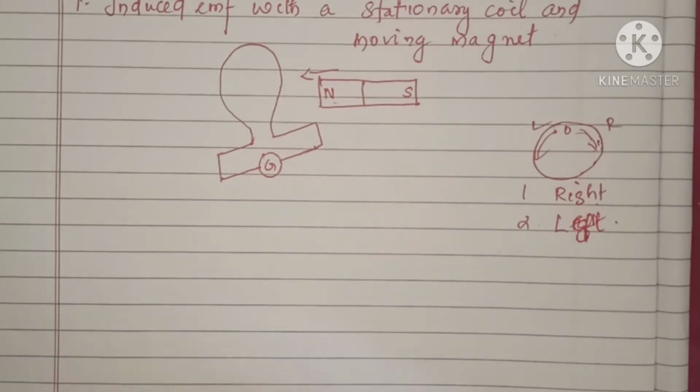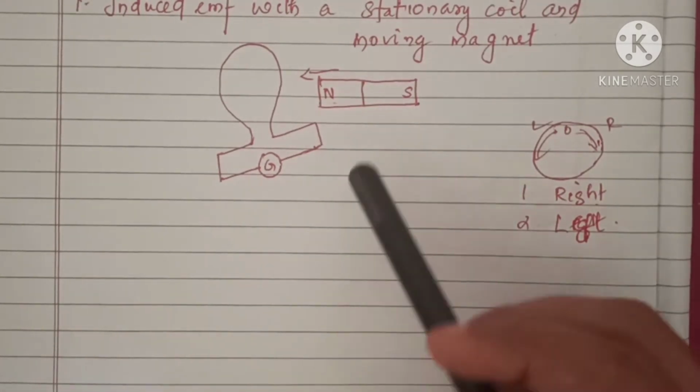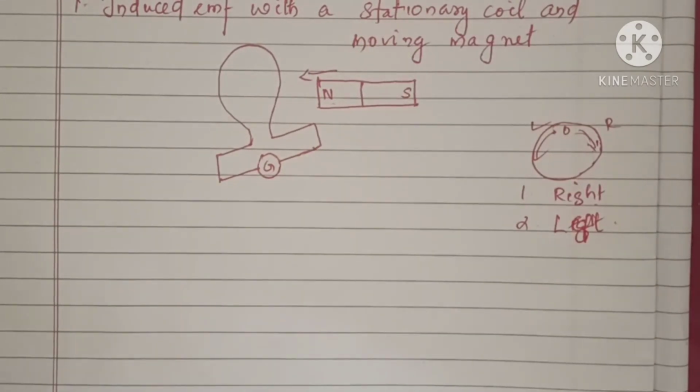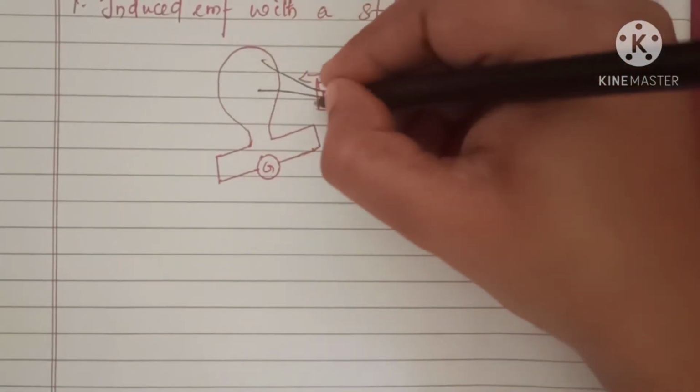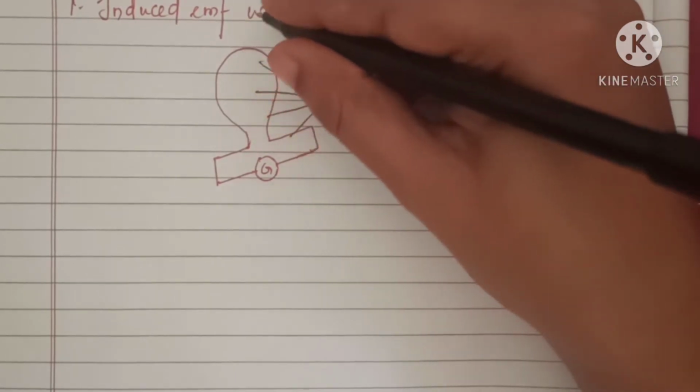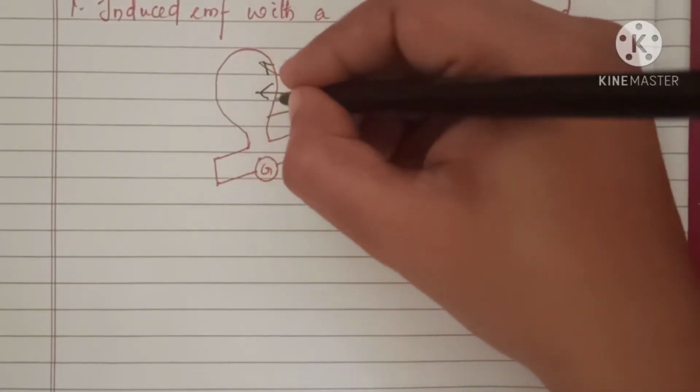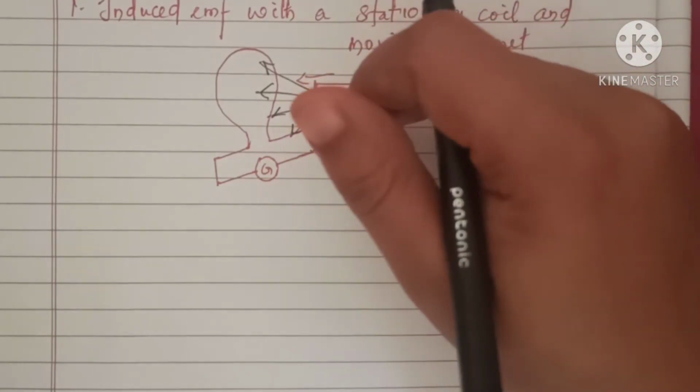Now how can you explain this? Why does the galvanometer show a deflection when the magnet is moved? Why doesn't it show any deflection when it is kept stationary? For this explanation, when a bar magnet is placed near a coil, a number of lines of force from this bar magnet pass through it, isn't it? Since it is the north pole, the magnetic field lines start from north and end towards south. So this is the direction of the magnetic field lines.